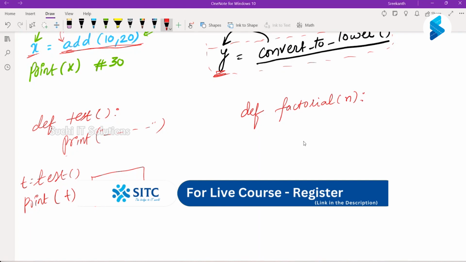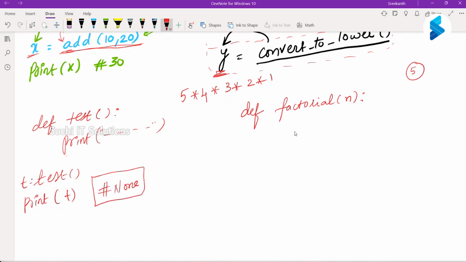Since when, till when do we have to call this function? As per this logic, 5 into 4 into 3 into 2 into 1. Yes, sir, I will have to call this function until it reaches 1. So if I'm passing 5 to this function, I have to keep subtracting one number from it, and until it reaches 1, we have to keep